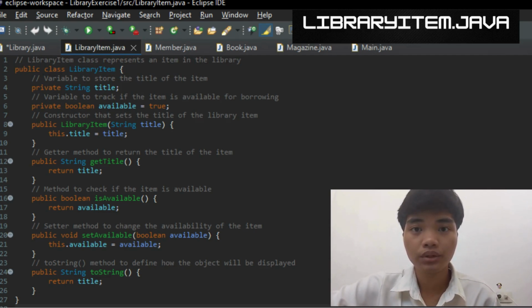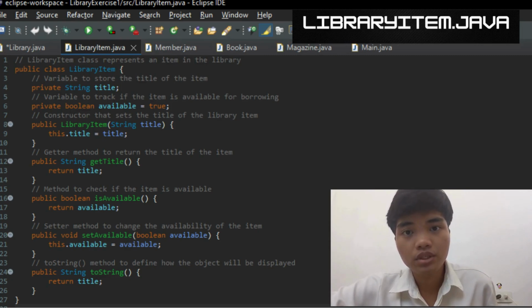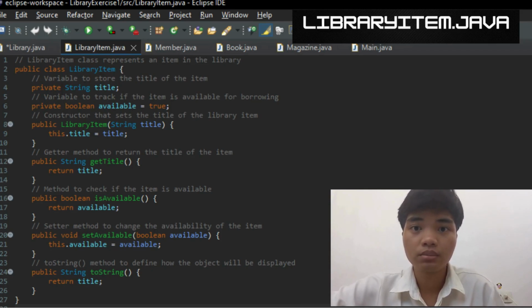The isAvailable method checks if the item is currently available. The setAvailable method updates the availability status when the item is borrowed or returned. The toString method simply returns the title so the item can be displayed easily when printed.